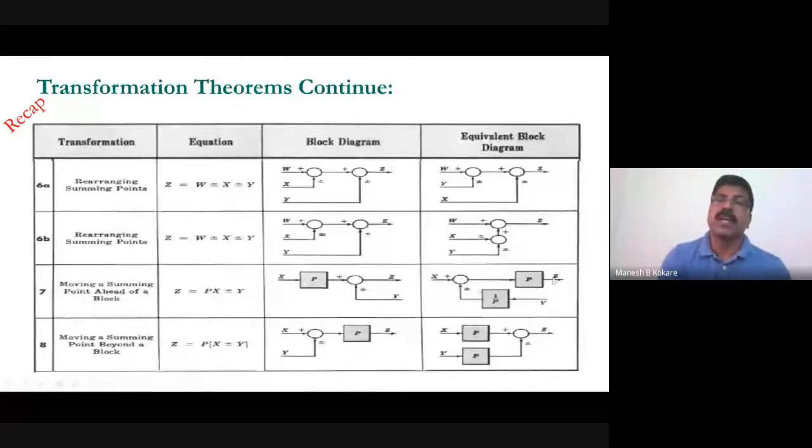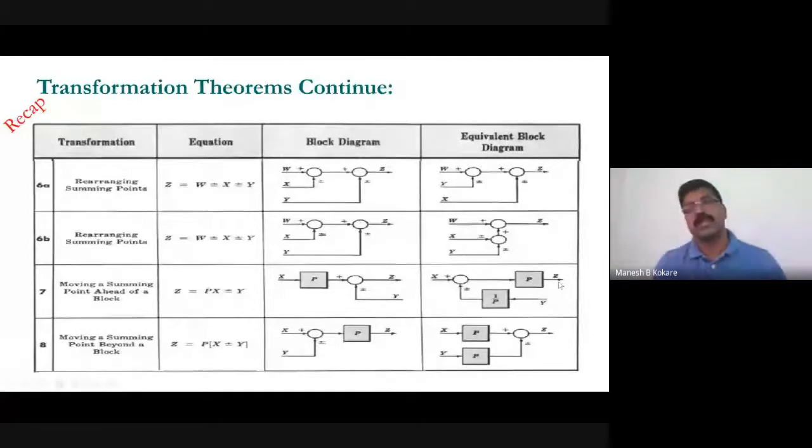See that your Z will not change. Now in this case, what is the Z value? Z will be equal to X into P plus or minus Y. So here also X into P, and now here Y into 1 by P plus or minus, and again it is multiplied with this P, so it will be plus or minus Y.